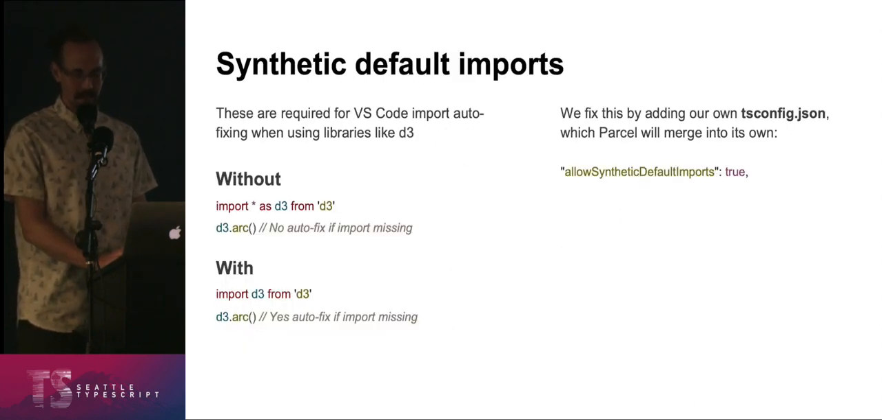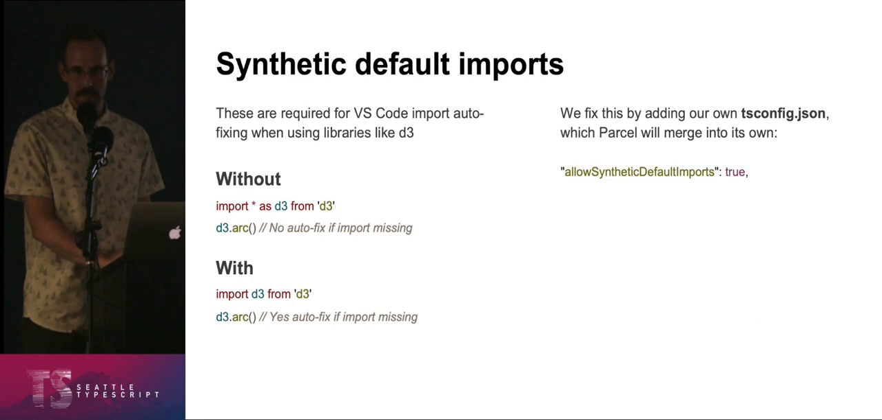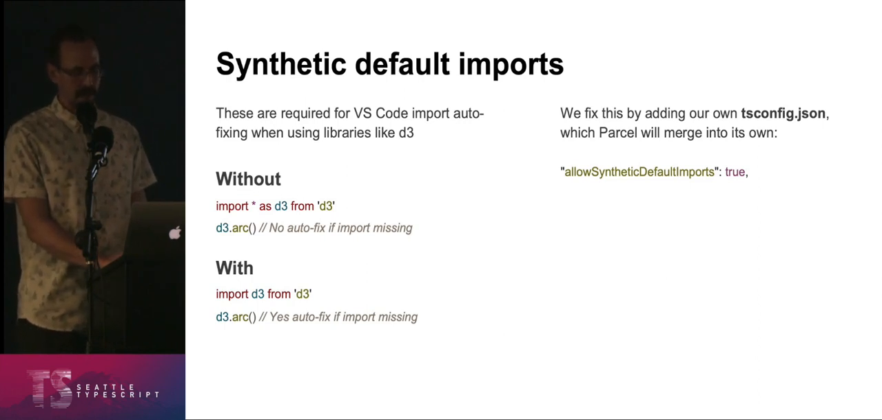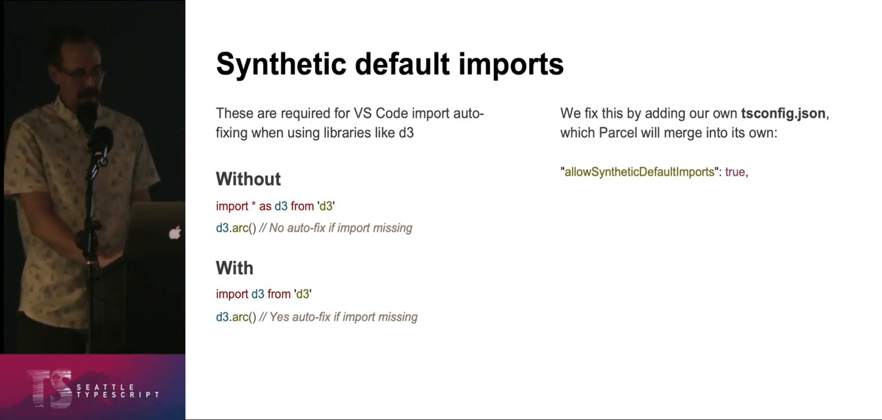Next, I wanted synthetic default imports. These are crucial for VS Code auto-fixing for imports. So without synthetic imports, you get this import star as D3, for example, if you're using the D3 library. And then you can do D3 dot, like, create an arc. If you were missing this import and you did D3.arc, VS Code would just kind of shrug its shoulders at you. But if you have synthetic default imports,